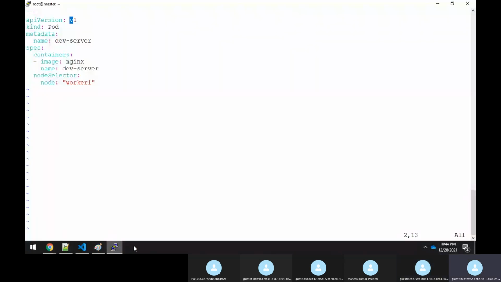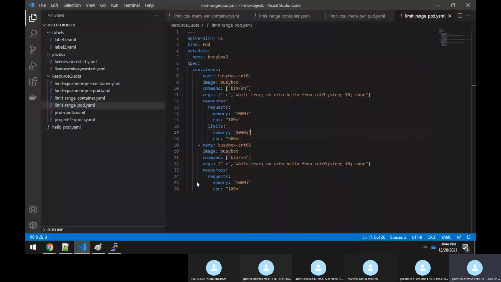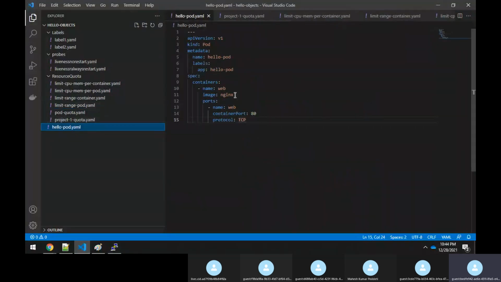See, for example, now I have to write a YAML file or manifest file. Suppose I have written a very simple file itself. Or else I do one thing, sir. I will take you to the first class, where we had written this YAML file. You remember, right? Correct. I will just go through how I have written. I need not remember everything, sir. I can answer it myself. Prior to that, I know how to find it.